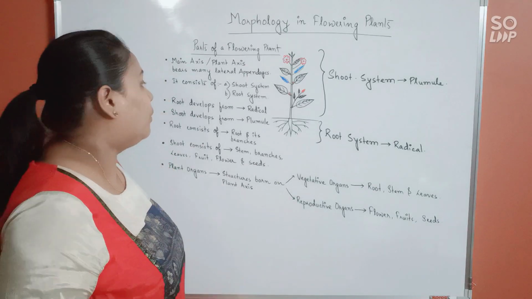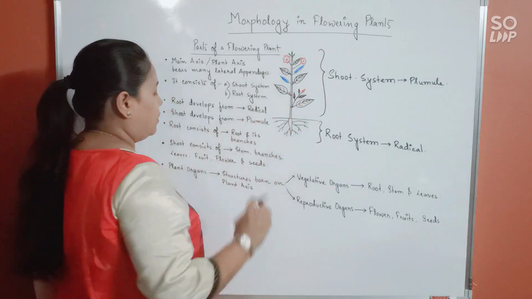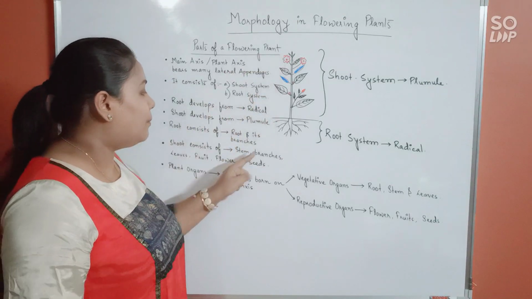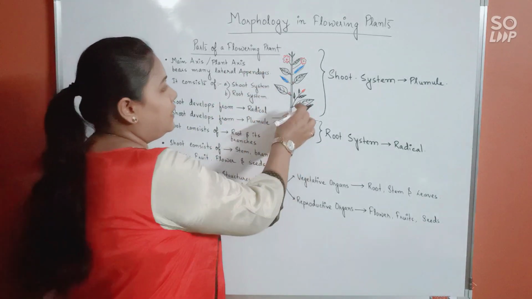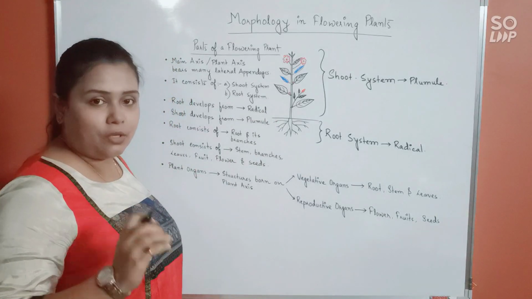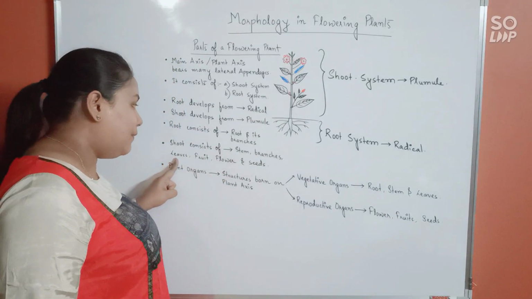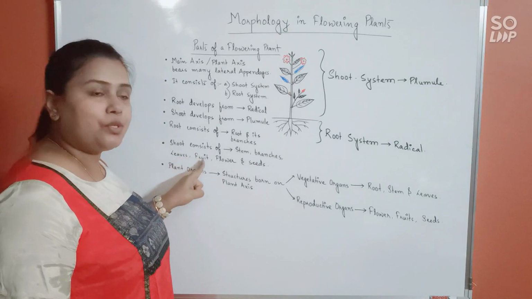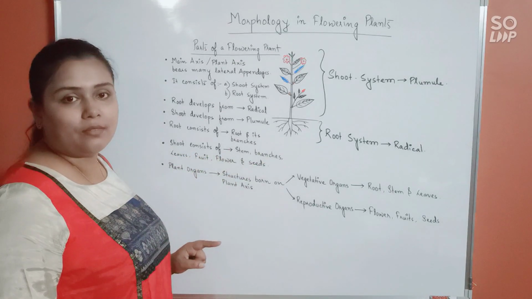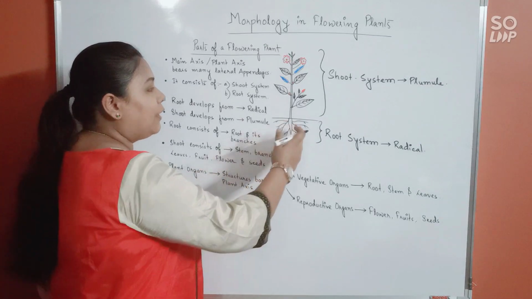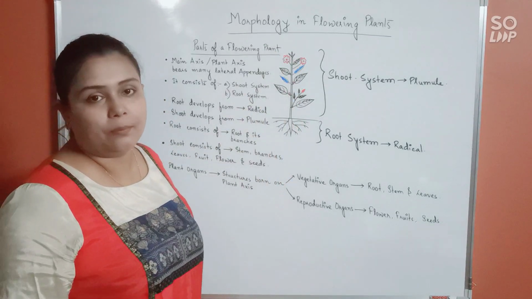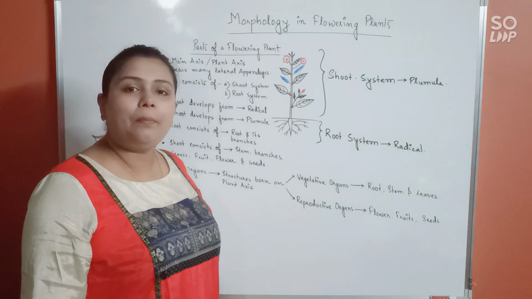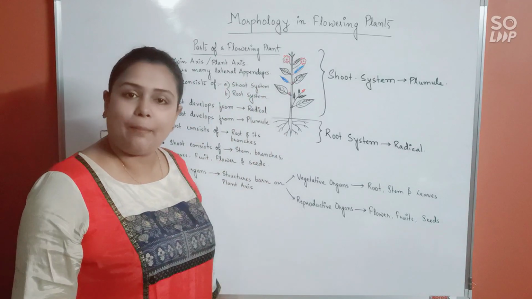Okay. Now, moving to the shoot system. The shoot system consists of stem and branches. Alright. The stem and its branches are the major part, followed by leaves that give the green appearance to the plant, fruits, flowers and seeds. Alright. So these are the parts that would be involved with the shoot system. The shoot is usually partly greenish in color and it will be bearing so many lateral appendages.